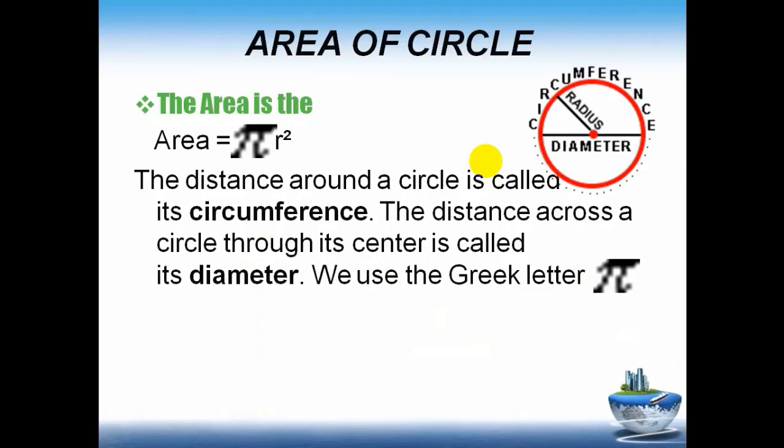Now to find the area of the circle: the area of the circle is pi r squared. The distance around a circle is called its circumference. We have already discussed in the previous slide that the distance around a circle is called the circumference. The distance across a circle through its center is called its diameter. We use the Greek letter pi